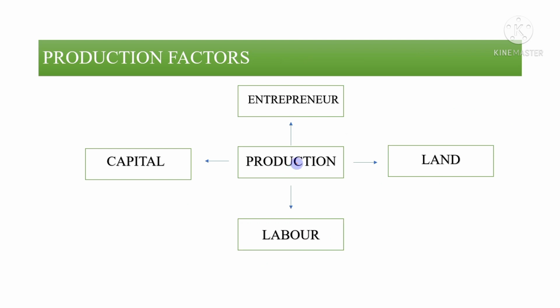Now we'll get into production factors. What are production factors? Production means producing any product or services. It doesn't necessarily imply machinery. The basic understanding of production is that we have to have an entrepreneur or a firm or someone who is willing to produce. Then we have to have a space of land where the production will take place. We have to have laborers for helping out the production, and we have to have capital. Here, capital means money. We have to have the money to invest into the production cycle, and this production cycle will get us returns.